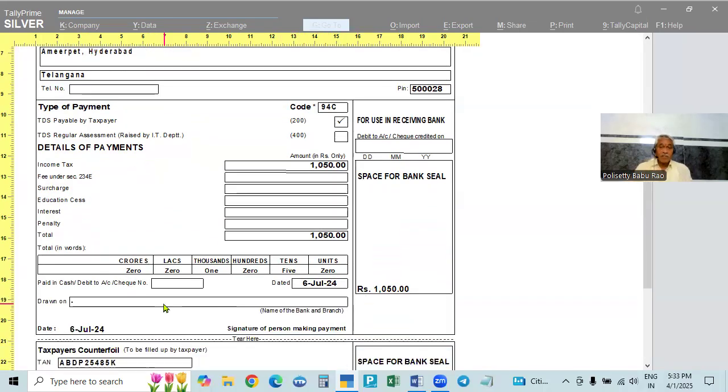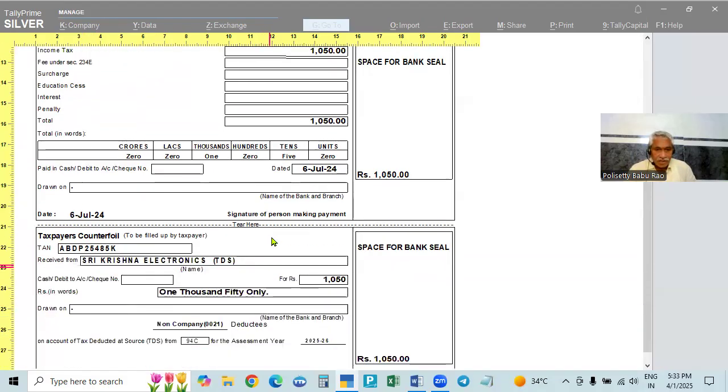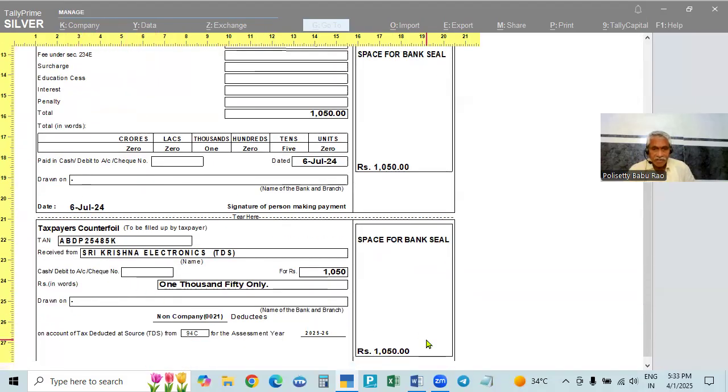And here we first made it and closed it and then made it again. That is why the check number and the bank are shown directly when we make the entry. We already entered cash, then closed it again. I did this, that's why it is showing. It shows the check number and cash also. This is the counter file. Here also check number, cash, everything is there.